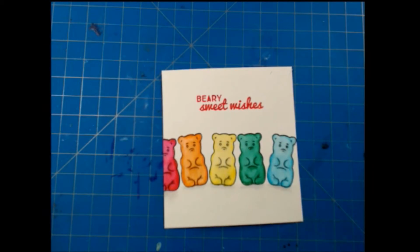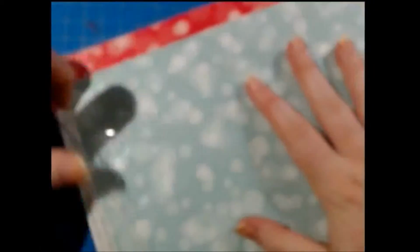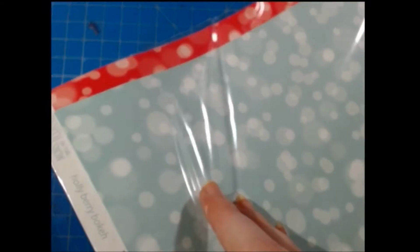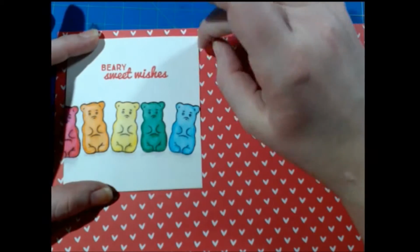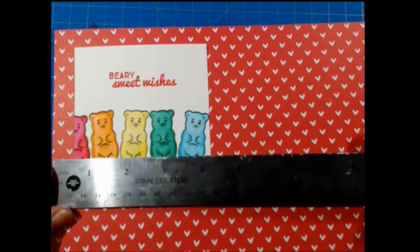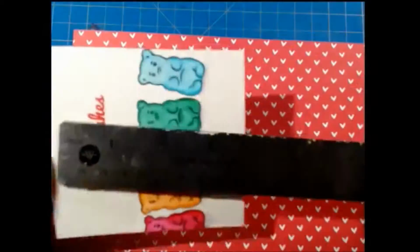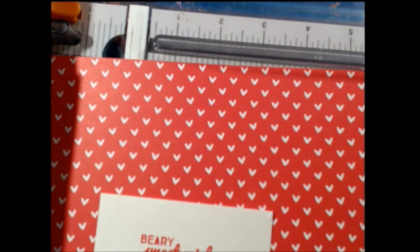For my background paper, I went to what has recently been my go-to stash, and that would be any of the Lawn Fawn papers. This one happens to be from the Let's Polka in the Dark set, and I'm just figuring out here how much of a border I want, because this is definitely not a standard card size. And I decided that I wanted to have a 1/2 inch border all the way around, so I'm measuring that out,